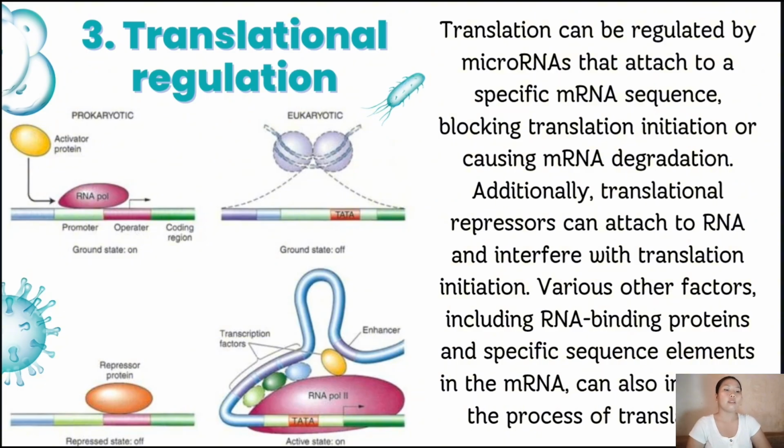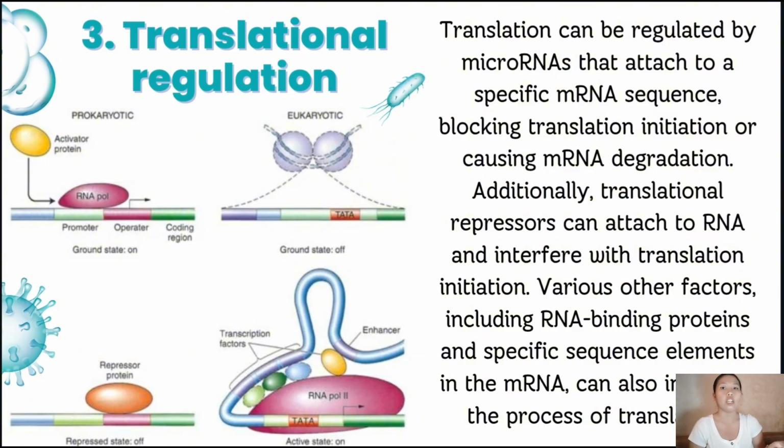So translation can be regulated by microRNAs that attach to a specific mRNA sequence, blocking translation initiation or causing mRNA degradation. Additionally, translational repressors can attach to RNA and interfere with translation initiation. Various other factors, including RNA binding proteins and specific sequence elements in the mRNA, can also influence the process of translation. So even if mRNA is present in the cytoplasm, the cell can decide whether or not to actually